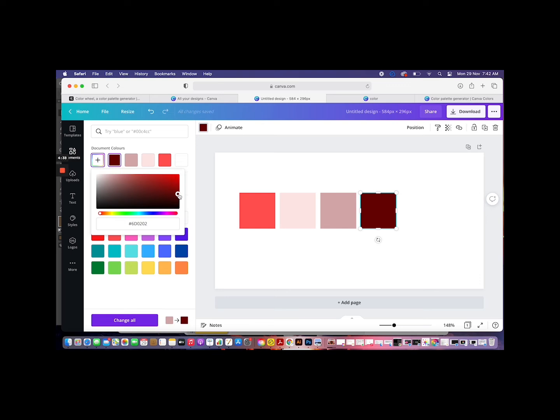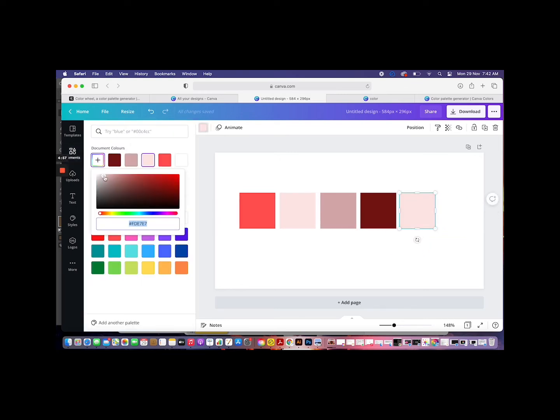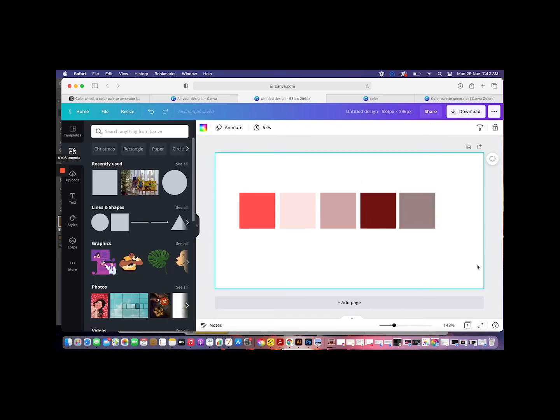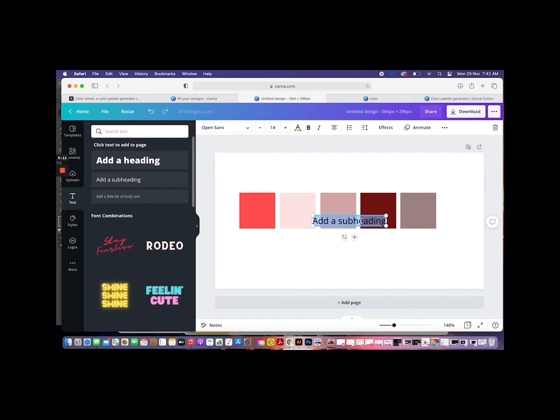So I will take it here, but this color is too dark. So I'm going to move it a little bit this way so that it is still rich but dark. Now this creates a sufficient contrast. Now I can add one more color if I choose to. I have a tint and a shade. I can now go into a tone, which is a variation of gray. So now with this, I have a basic color palette. This is a monochromatic color palette. So I am going to take this here and call this my monochromatic palette.